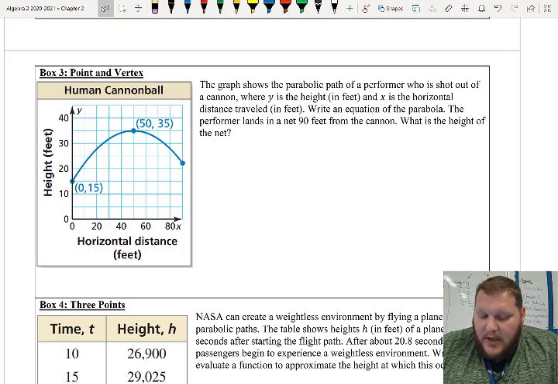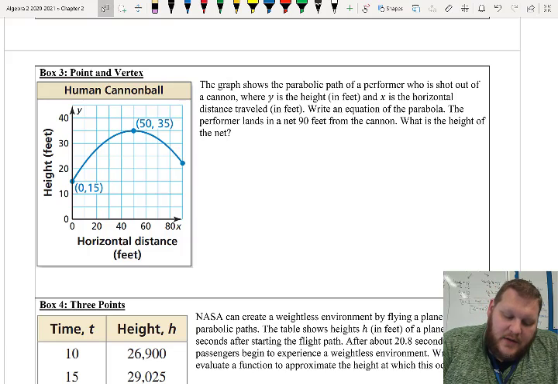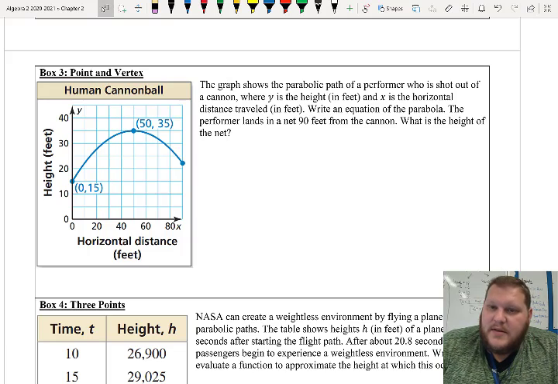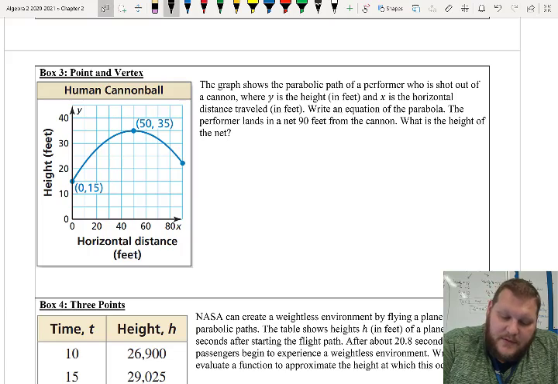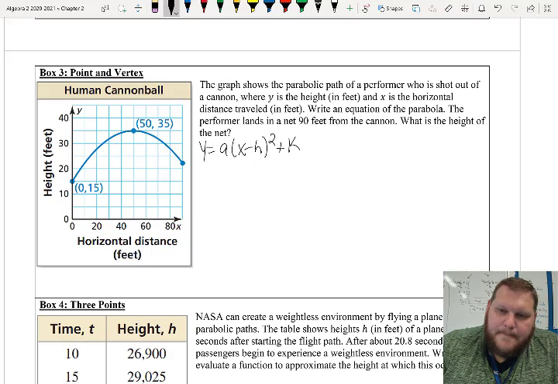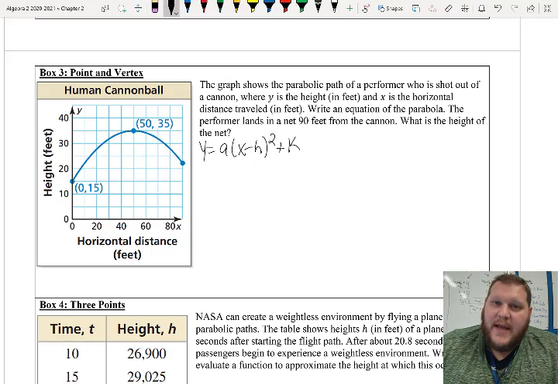Equation for the parabola. The performer lands in a net 90 feet from the cannon. What is the height of that net? So once again, start with our equation. Now, because we're given the vertex in this case and some other point, we're going to be using our vertex form, which is y equals a times (x minus h) squared plus k,